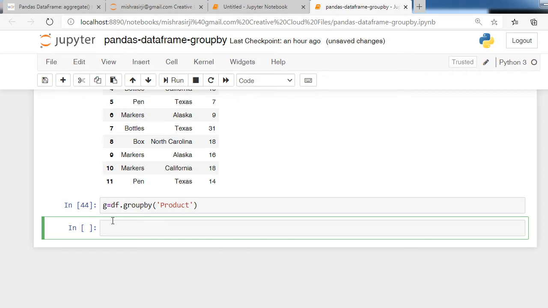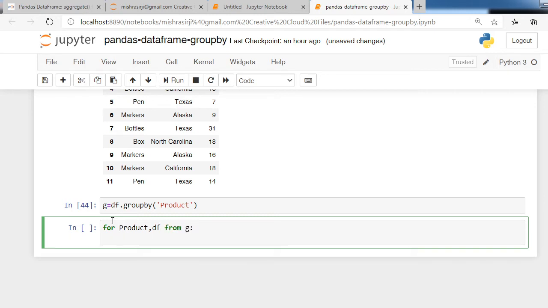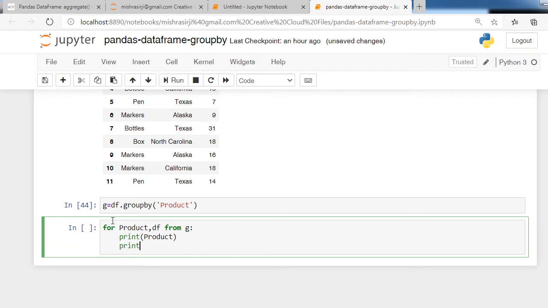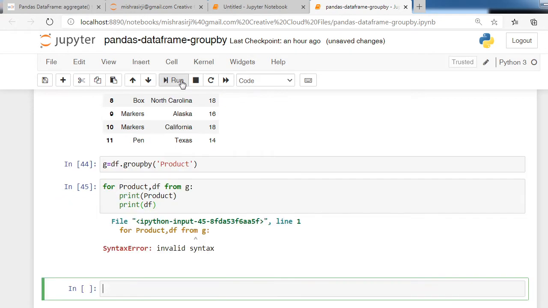If we want to see how many groups are created by this statement, you can write for product name, key, comma, name of data frame, in name of variable, then print key, then print data frame. So execute this command.